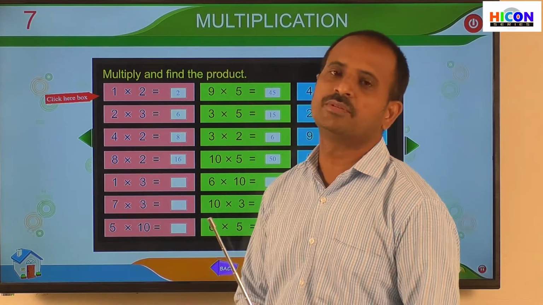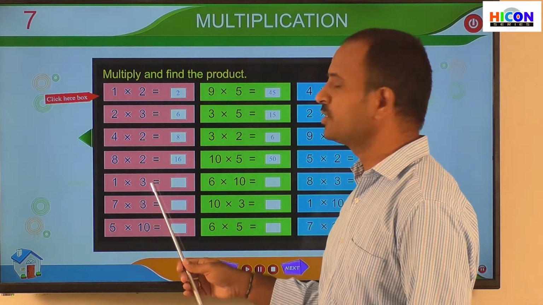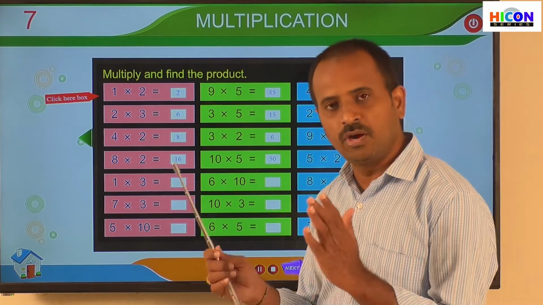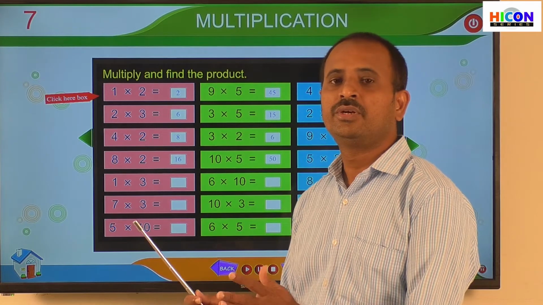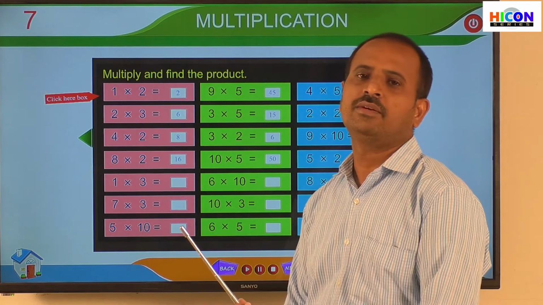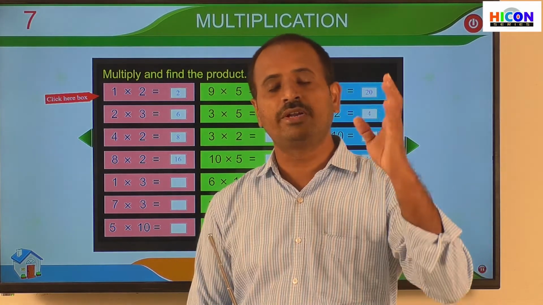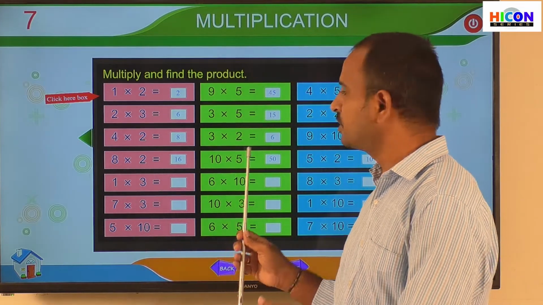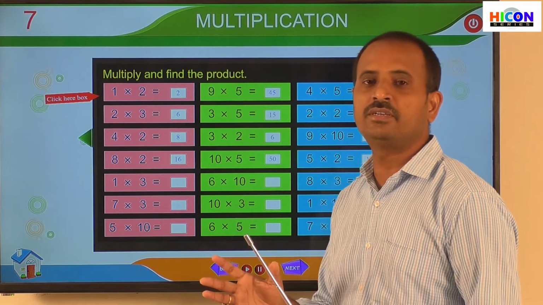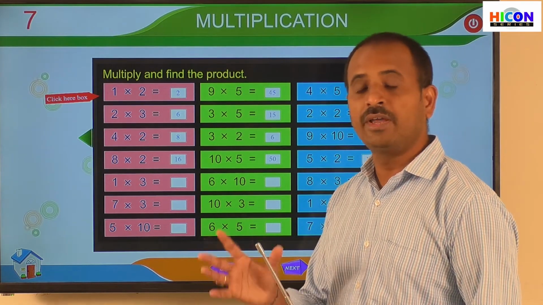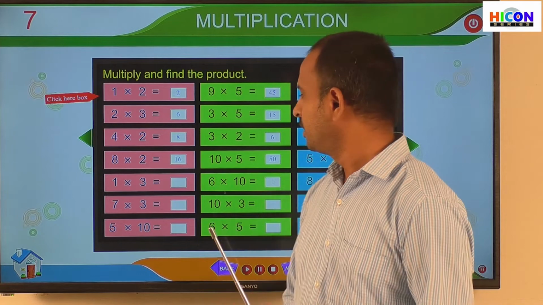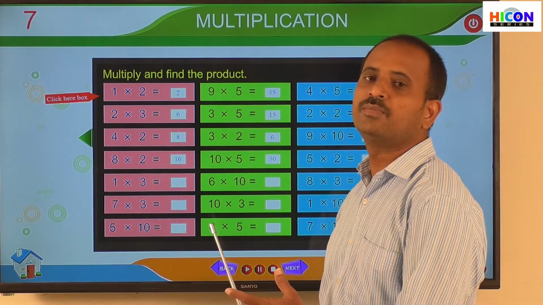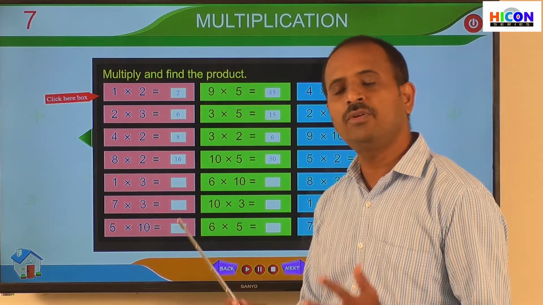on the basis of tables. So all these multiplications are based on tables. That is the table of 2, table of 3, table of 5 and table of 10. So if you learn all the tables, you can write the answers for these multiplications very easily. So that's why children, read and learn the tables thoroughly first. And there are some more problems here; practice the remaining problems at your home as homework.